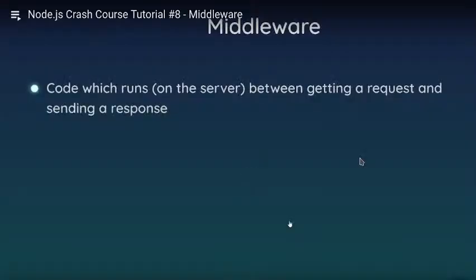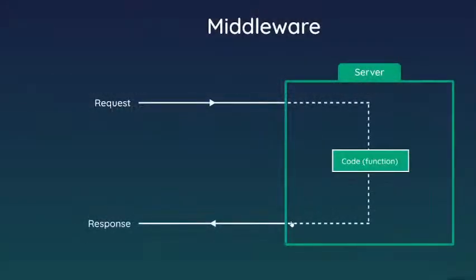On the server between getting a request and sending a response. So the request comes in, and any kind of code or function that runs between getting that request and sending a response is technically middleware. Now, the use method is generally used to run some middleware code, and we've seen that already when we handled